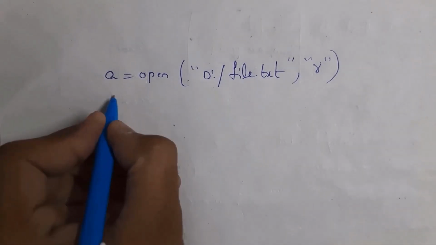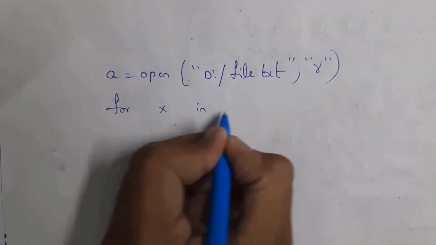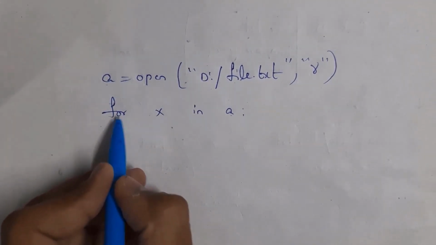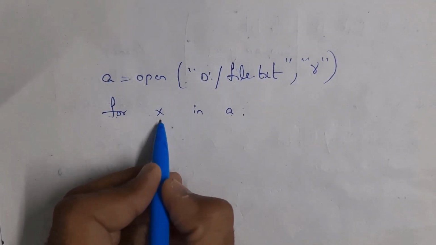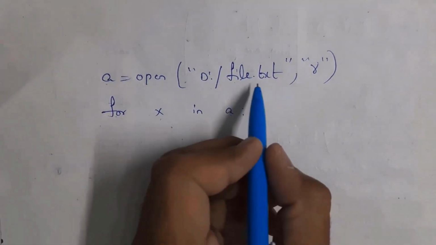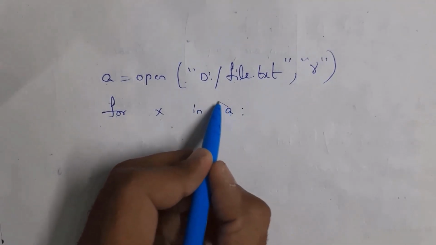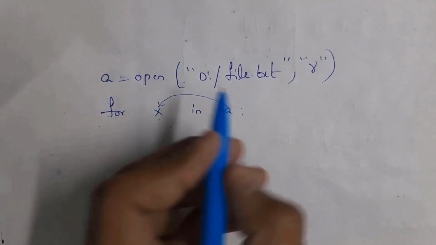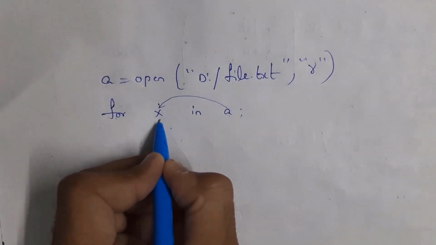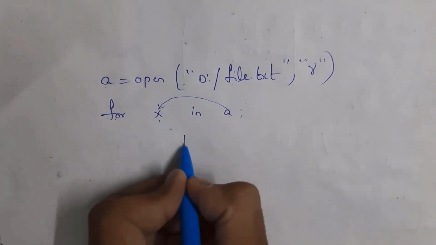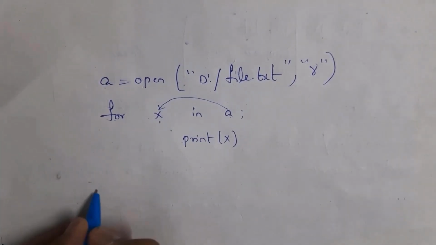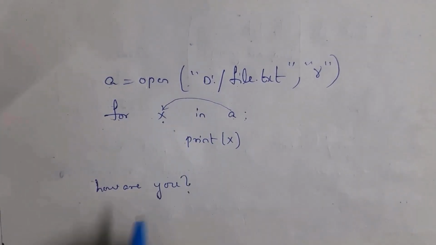And next take a for loop. For x in a. My text file is present in object a. So I just wrote here for x in a, where x is a variable name. Whatever data is present in my file, file.txt, all this data is transferred to variable x. Now this variable x contains how are you and my name is Sai. And whenever you write here print x, it will print output. So I'll get output how are you, and in the next line it will print